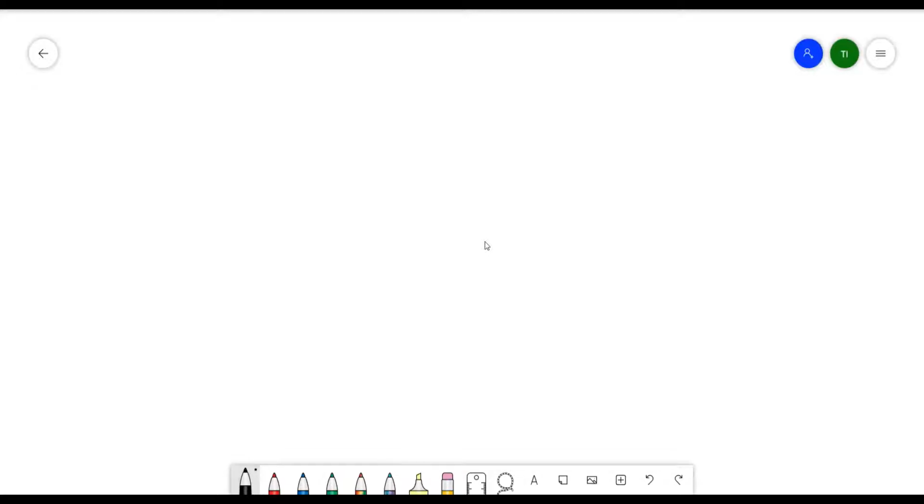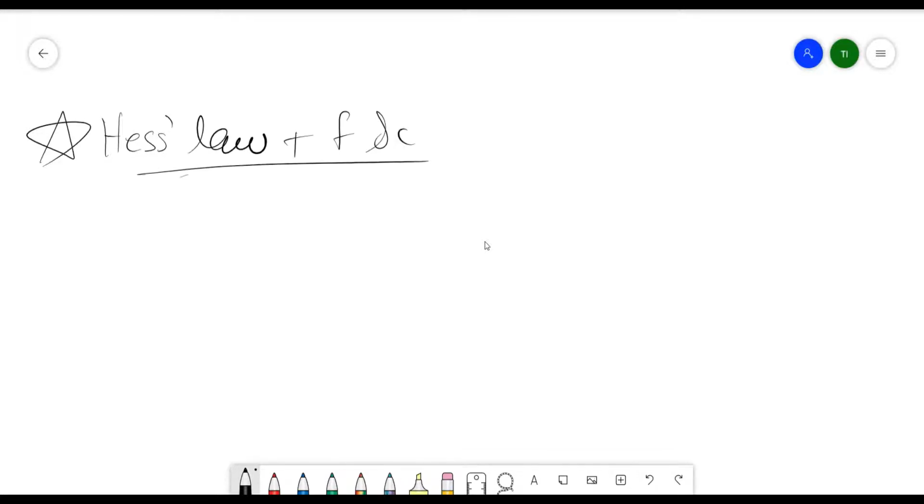Next we'll move on to the most important thing in this lesson, and that is Hess's law plus formation and combustion. Hess's law introduces a couple of cycles that we have to know for your AS level syllabus. You don't really have to know the definition of this, but it is provided. I haven't seen it being asked, but I suppose it's better you know it. So what Hess's law is